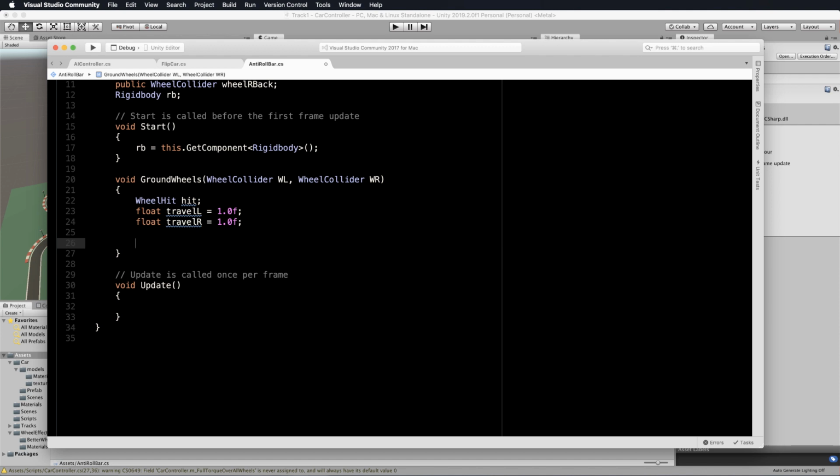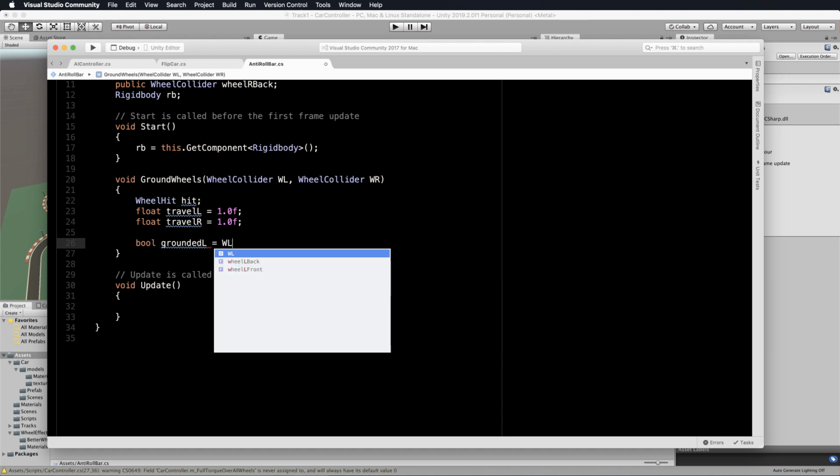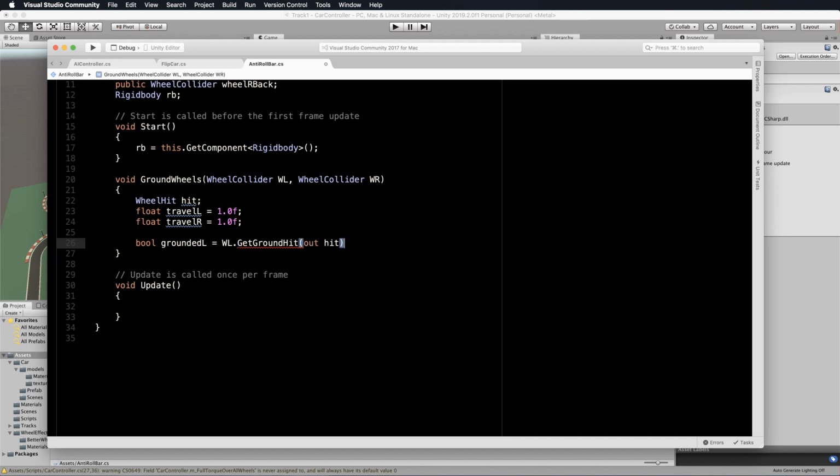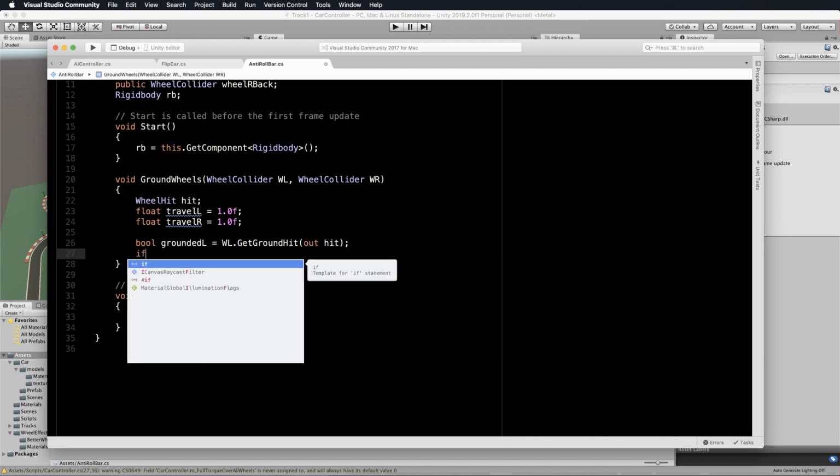Okay, and then we can actually calculate them. So first of all, we'll determine if the wheel is actually still on the ground. So bool groundedL equals the left wheel dot GetGroundHit out our hit value,